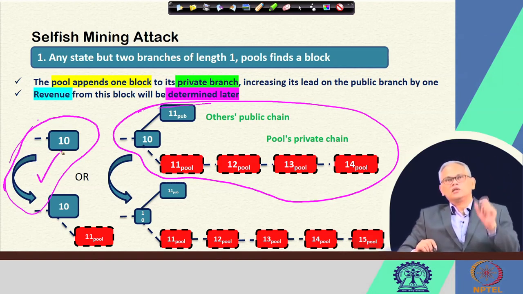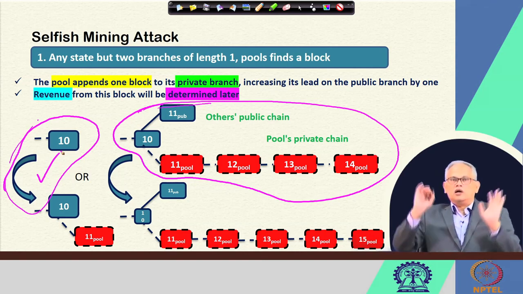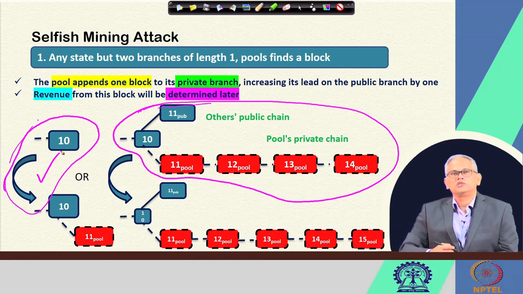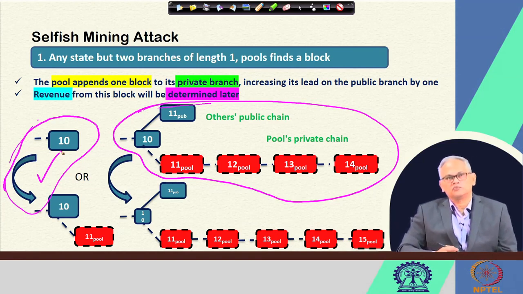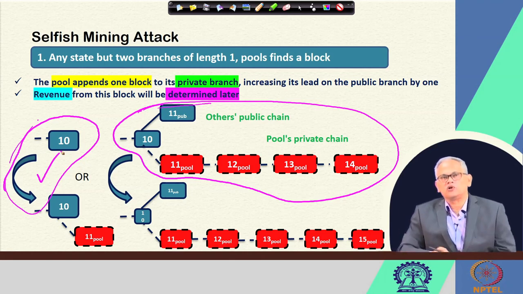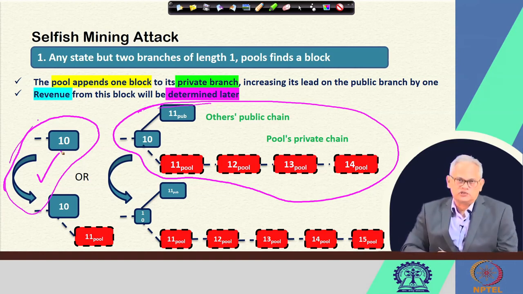Initially there was this latest block which was block number 10. The attacker knew about it, the general public also knew about it. That is the only part of the public chain, there was no chain of the attacker. Now, of course, the honest people are also trying to mine and the attacker is also trying to mine, and assume that the attacker mined a block which is denoted by 11 pool, to mean the attacker's pool has mined it, which the attacker knows is attaching to block number 10, and the public has not yet been able to add anything to the chain. Had they been able to, they would have published it.